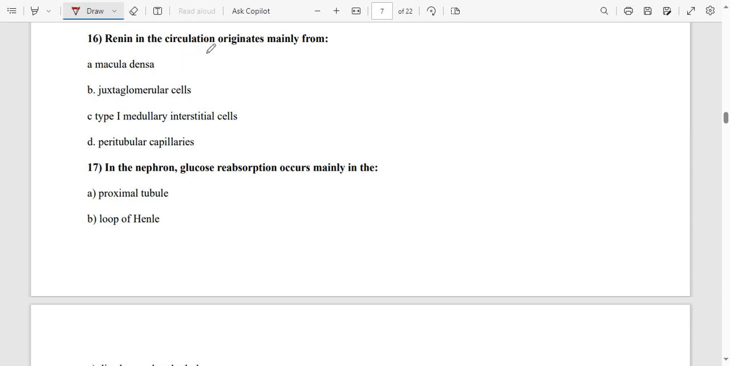Renin in the circulation originates mainly from macula densa, juxtaglomerular cells, type 1 medullary interstitial cells, peritubular capillaries. Which one secretes renin? Yes, the JG cells. So the juxtaglomerular apparatus itself,